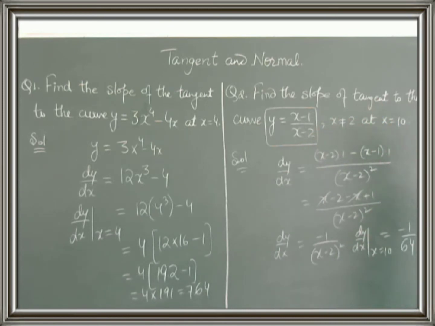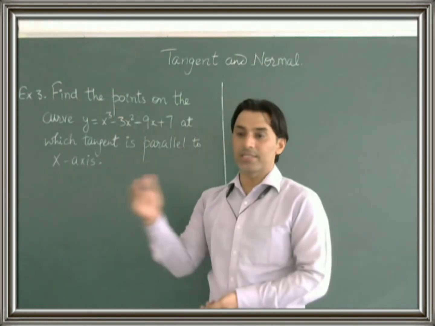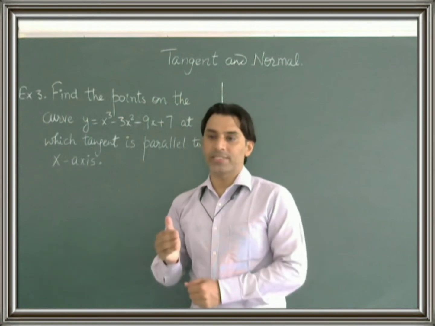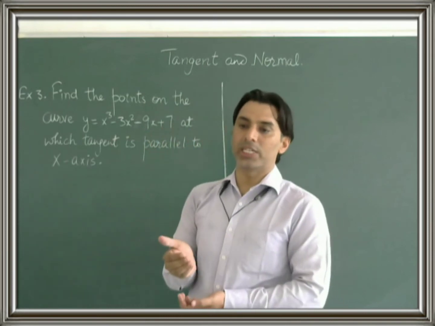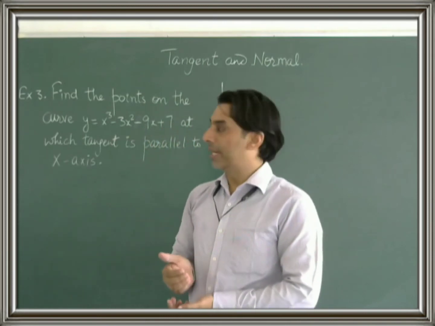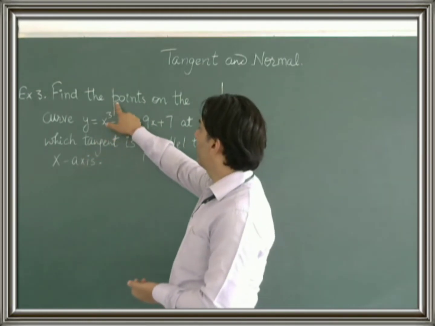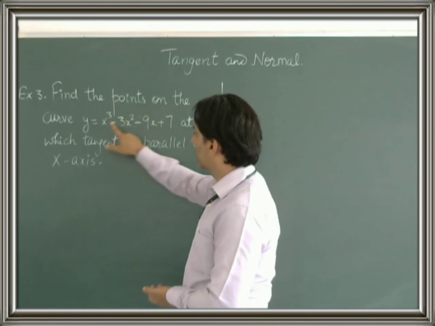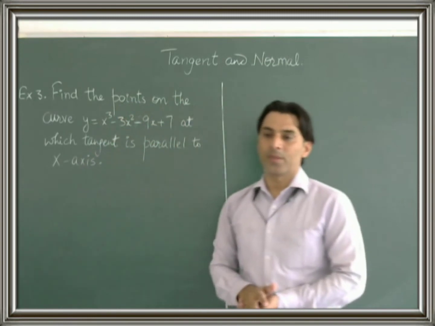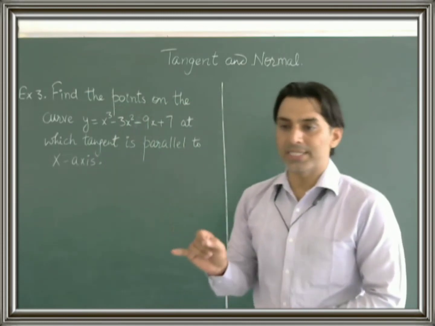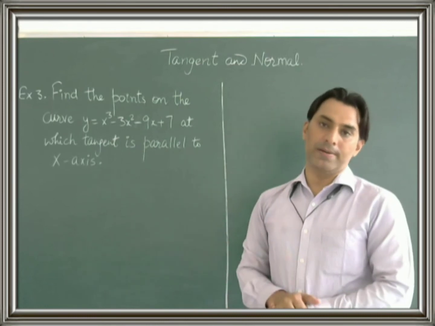Now we have an example of type B. Means this is the second type of question. In the first type you saw two examples in which we were asked to find the slope of the tangent to the curve at the points given to you. Now in the second type, they are asking you to find the point on the curve at which the tangent is parallel to the x-axis. आपको कर्व के ऊपर वो पॉइंट फाइंड करके बताने हैं जहां हमारा टेंजेंट एक्स एक्सिस के पैरेलल होगा.